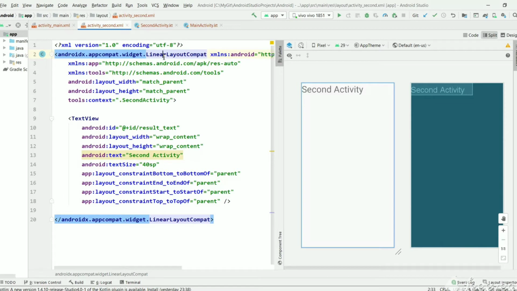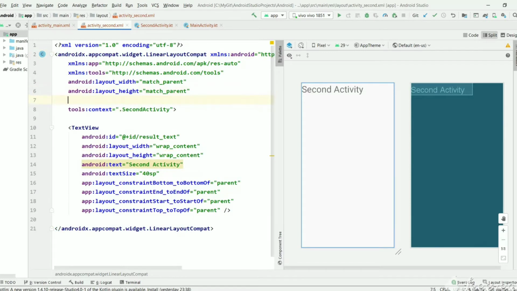Linear layout is generally used to structure its elements in an order of line, either vertical or horizontal. We can mention the orientation of the linear layout elements by using the Android orientation attribute. We can mention vertical. So in this linear layout presently we have one text view, and we will be having an edit text for username and password and a sign in button. As soon as we add those elements here, those will be viewed in a line order vertically.